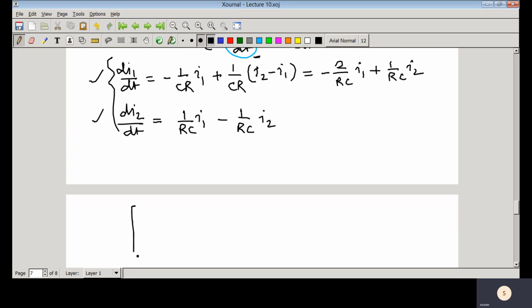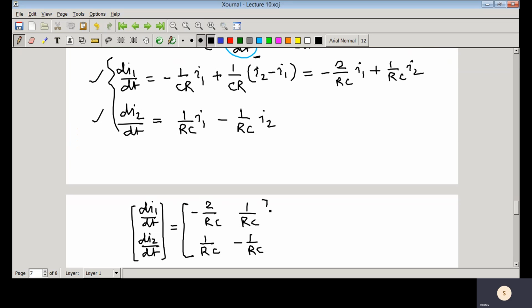So if you represent it in matrix form, you have di1 by dt, di2 by dt, equal to the matrix with entries minus 2 by RC, 1 by RC, 1 by RC, minus 1 by RC, multiplying the new state vector, that is I1 and I2. So as it is I1 and I2, then you can see here